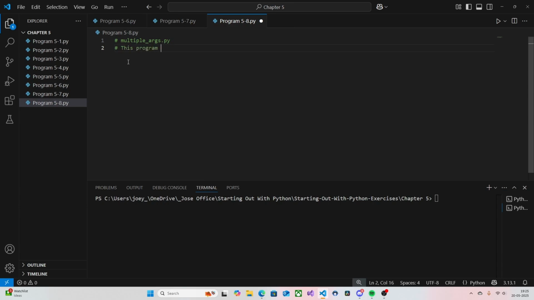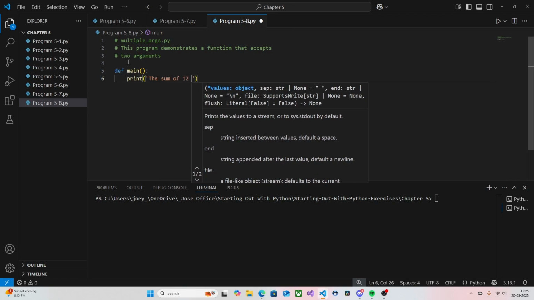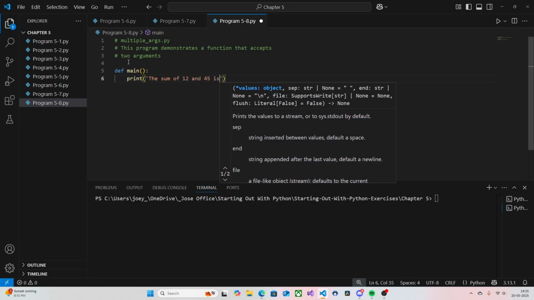This program demonstrates a function that accepts 2 arguments. So main: print the sum of 12 and 45 is